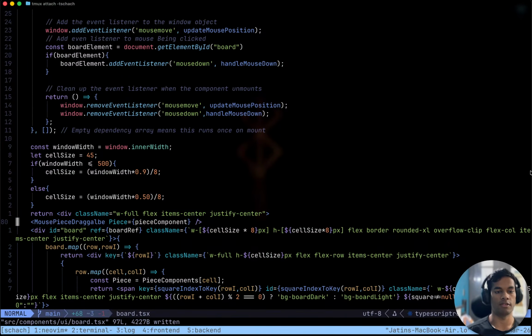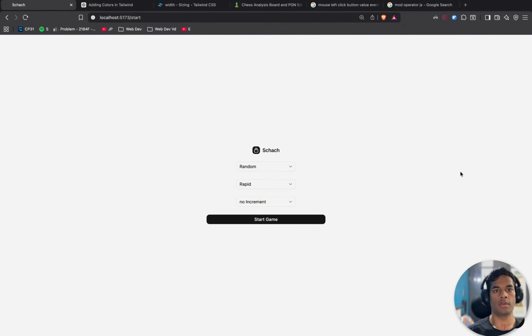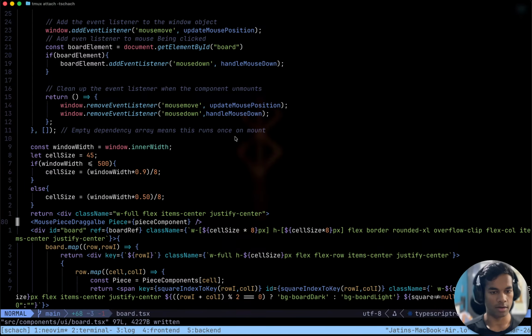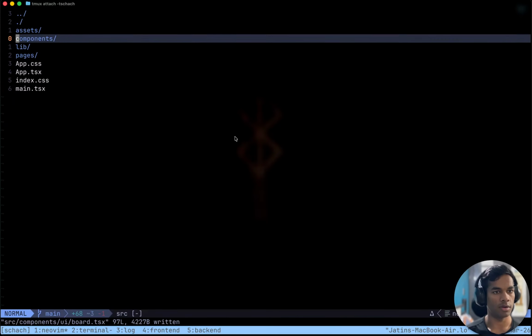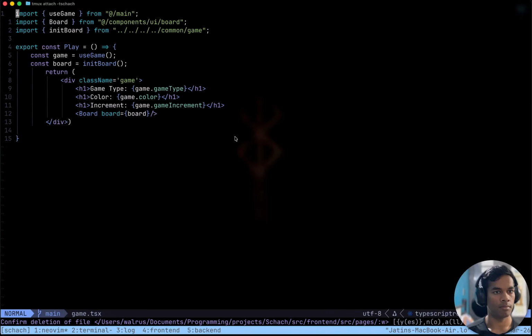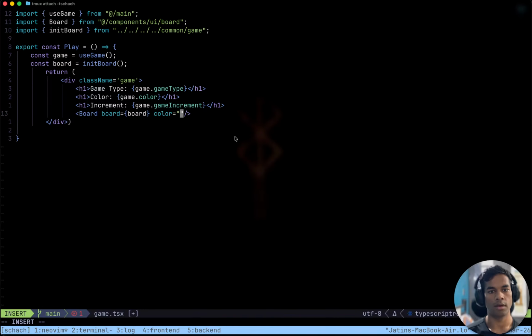Random is not a color. Makes sense. Random is not a color. Start, let's say white is our color. Yes, we have to give the color to whoever is calling this, and the one calling this is in here. Cool. This thing also needs the color. Color equals a JavaScript variable which is game.color.